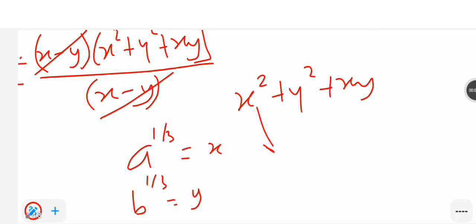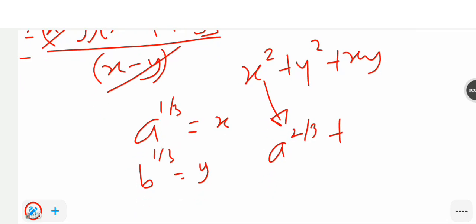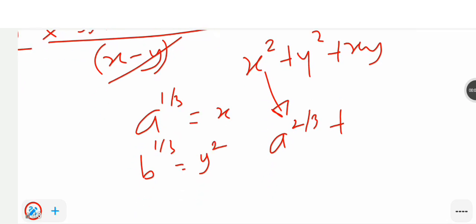So that means x squared will be a to the power 2 over 3 plus. Now y squared, I'm going to put 2 here. If I put 2 here, I'm also going to multiply this 2 by 2. That will give you 2 over 3. So this one will be b to the power 2 over 3